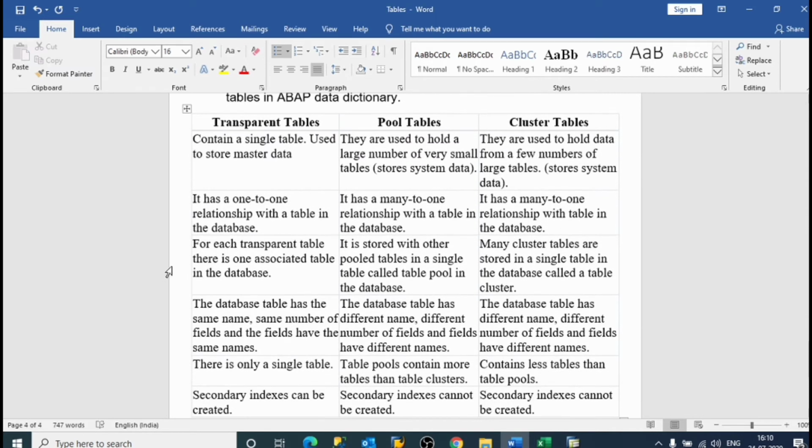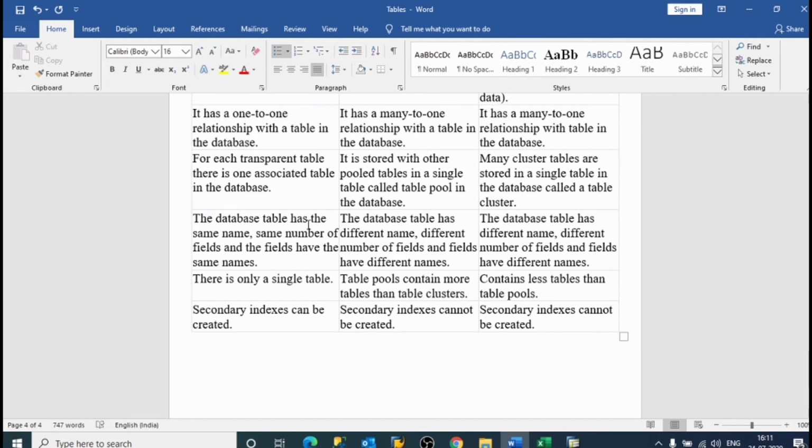For each transparent table there is one associated table in the database. Pool tables are stored with other pool tables in a single table called a table pool. The same goes for cluster tables: many cluster tables are stored in a single table in the database called a table cluster.